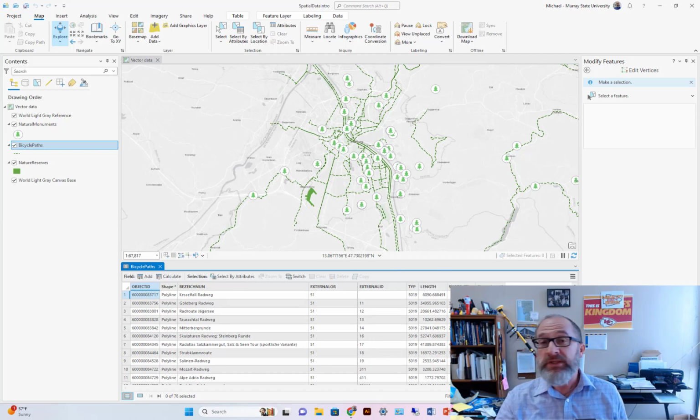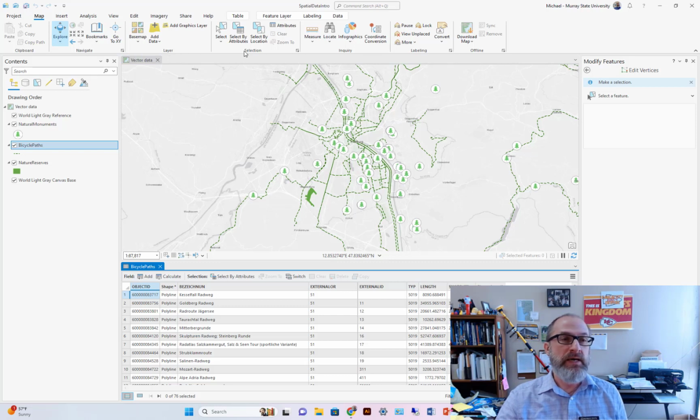So 6, investigate multi-part line features. A few of the line features in Bicycle Paths feature class are multi-part features, which means that their geometry is not connected, but they share the same attributes. You will investigate one of these multi-part features. First, you will select a specific multi-part feature. On the Map tab in the Selection group,